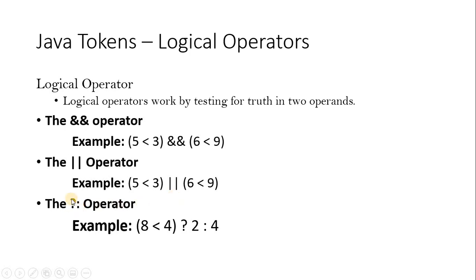And one more, that is the question operator. The question operator will have this format: you will have a condition, a logical condition, and then a question mark. If the condition is true, whatever value you give after the question mark will be the answer for true. If the logical expression is false, it goes to the part after the colon mark. So that is the syntax for this one. It works like an if statement: logical condition, question mark. If the logical expression is true, this part will be executed. Otherwise, false means the part after the colon will be executed.